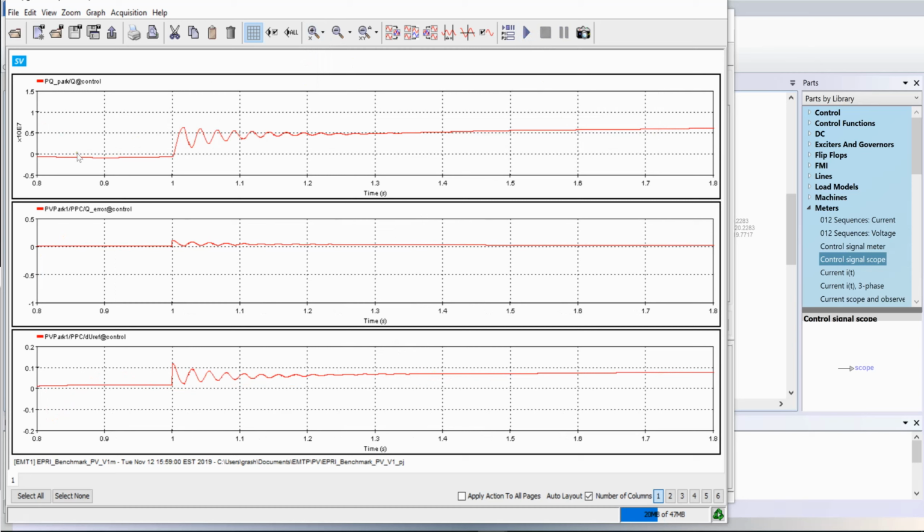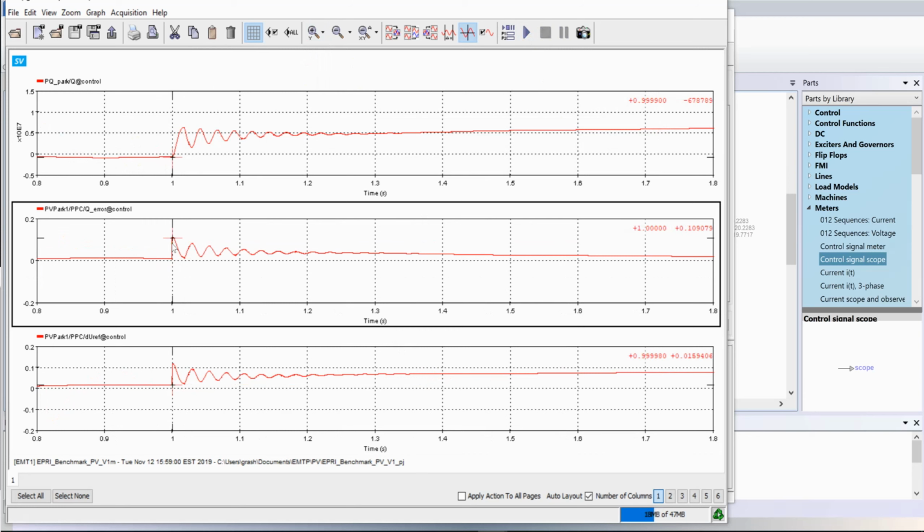Initially, the reactive power is very close to 0. Then at 1 second, we apply the step. As soon as we apply a step, the error goes to 0.1, and then through some oscillations recovers and slowly goes back to 0. As soon as the step is applied, the voltage reference deviation sent to each inverter changes as well. In the end, the park reactive power goes to the new value.